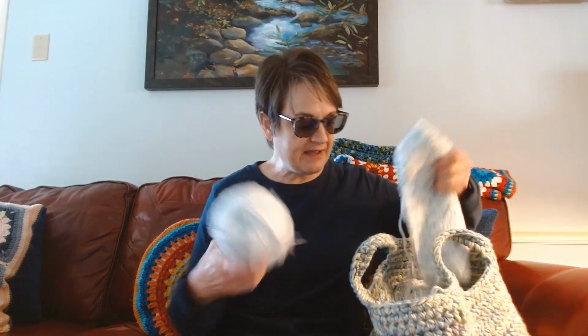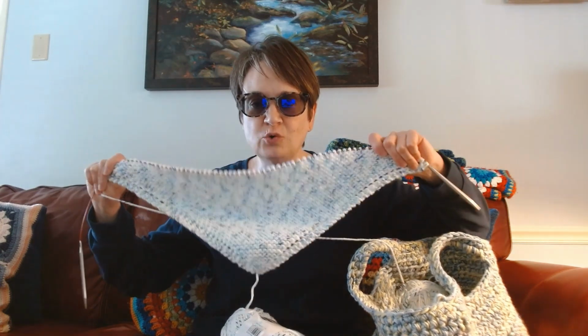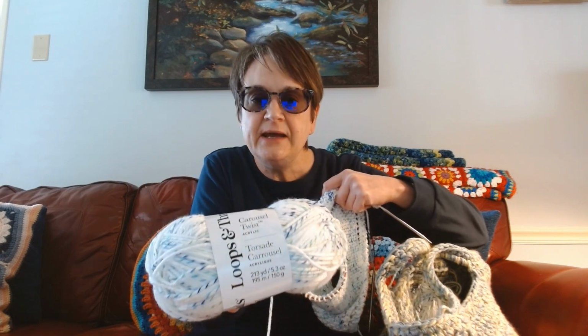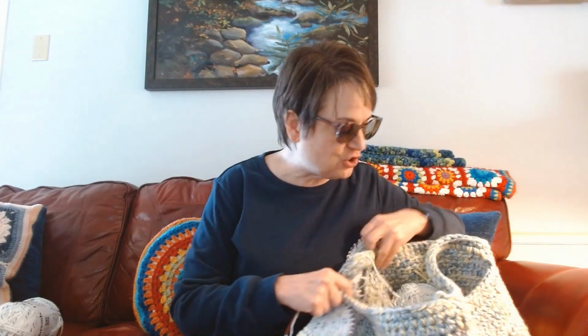So one thing I started is this gorgeous little baby blanket for the new baby. This is the Loops and Threads yarn in this. It's a carousel twist, and it's from Michaels. It's the Michaels brand, and this is the colorway Sailor. And I'm just knitting. What I did was I started knitting